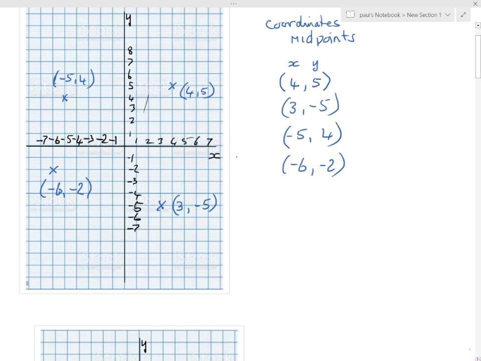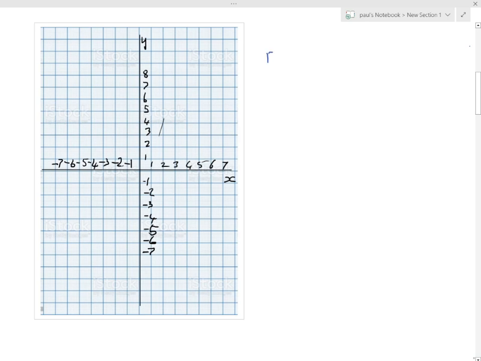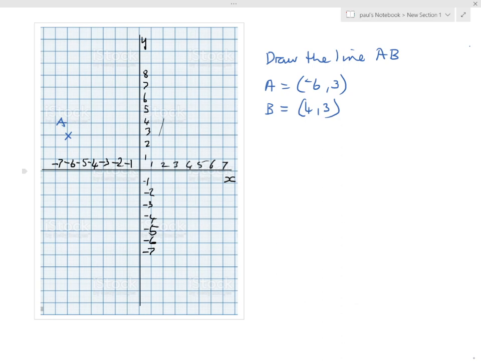Right, so now you can use these coordinates to draw a straight line. So let's draw the line AB, and A is going to be equal to minus 6, 3, and B will be equal to 4, 3. Okay, so let's plot those coordinates. Minus 6, 3, minus 6 up 3, which is there, and we call that A, and B is 4, 3, 4, 3 there,